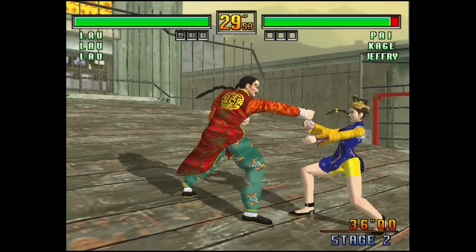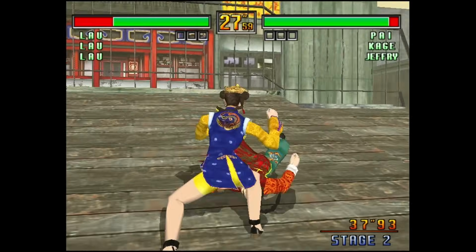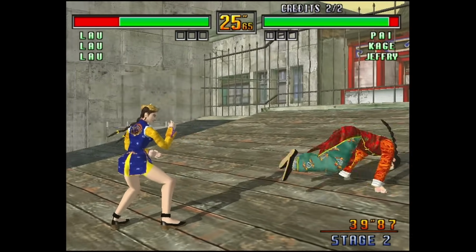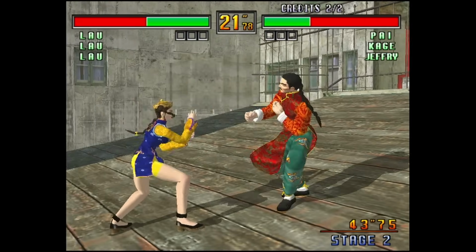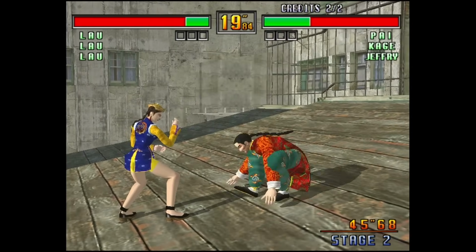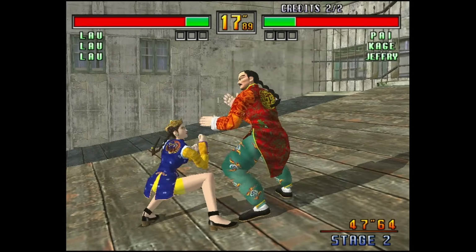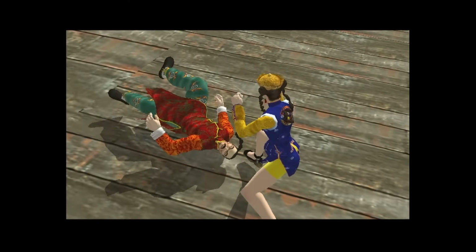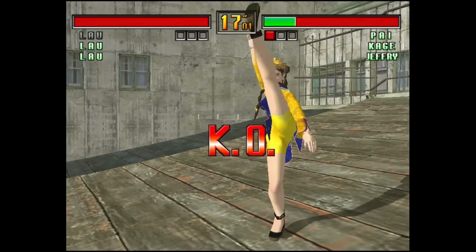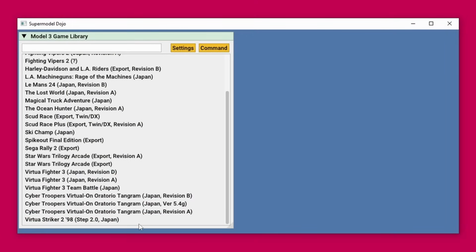And we're basically halfway there, but the first thing I want to talk about is widescreen support in Supermodel Dojo, because that is what everyone loves about the Supermodel emulator, and everyone always asks how to get the best widescreen support and the best resolution bump out of something like this, because we can play the games like Virtua Fighter 3 Team Battle in 4:3, and I really do like that aspect ratio, but everyone wants to see it done widescreen. So if you come up here to settings, it's going to bring up everything you need,